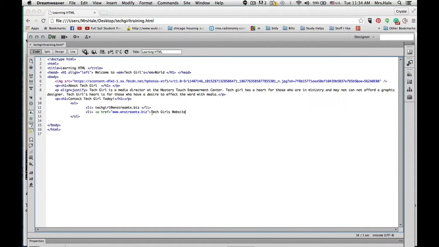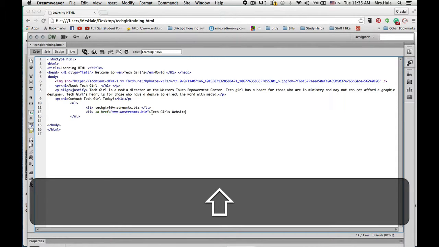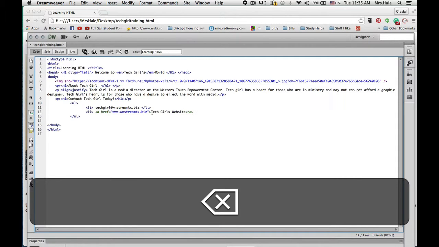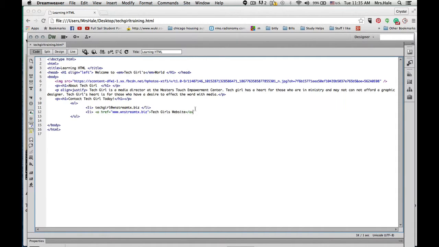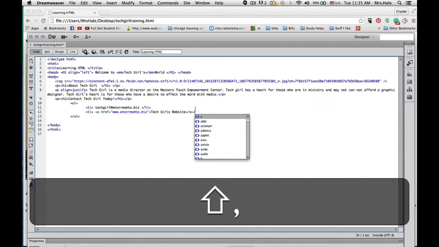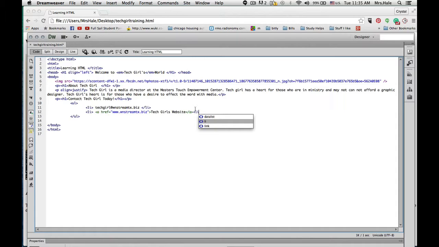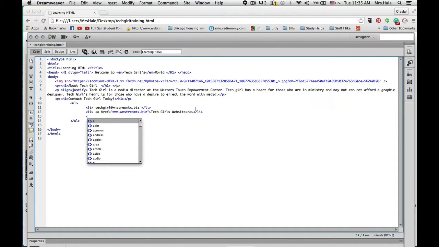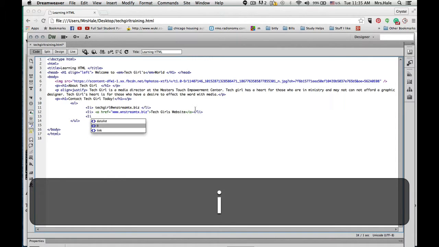And I'm gonna close the tag. Yeah, like that. Okay. And then I need to close the list tag, which is LI. Then I'm gonna add one more list tag, which is gonna have my phone number. So LI. Then it's gonna be my phone number, which is